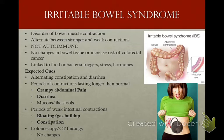So when you are having contractions, you have cramps and diarrhea. When you are having weak intestinal contractions, you're having bloating, gas buildup, and constipation. When they do a colonoscopy on it, no findings, none at all. The bowel looks pink and clean and lovely. No diverticuli, no cobblestones, no bleeding ulcers. Everything looks pink and beautiful, but the muscle layer is just doing a little bit too good or bad of